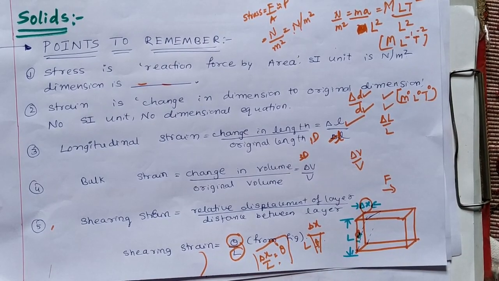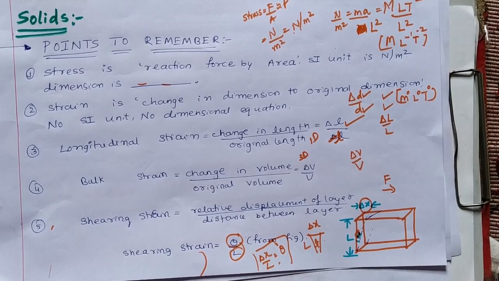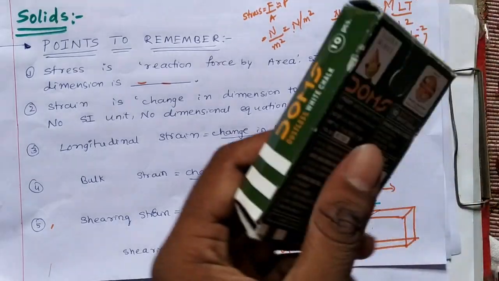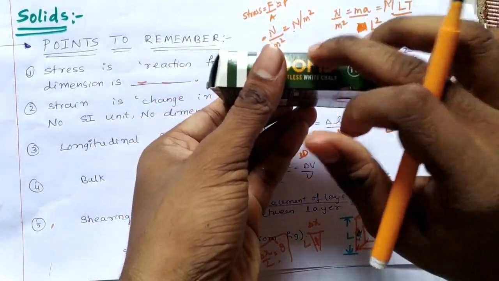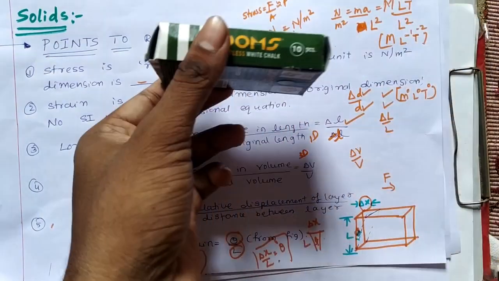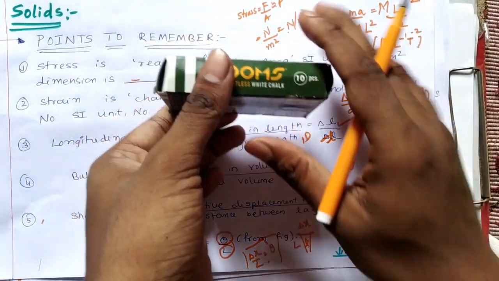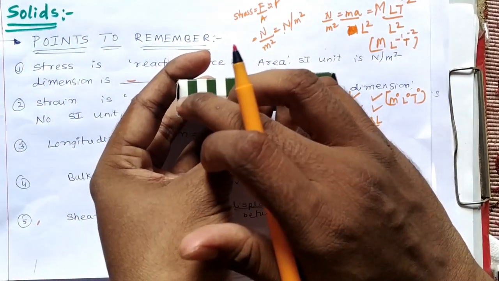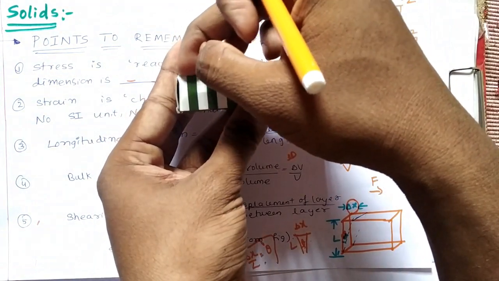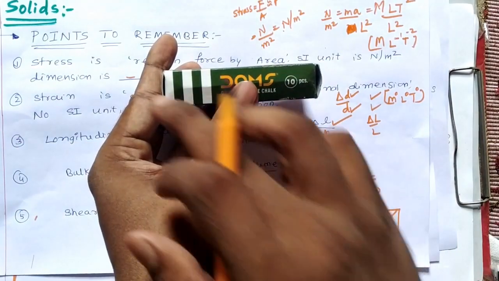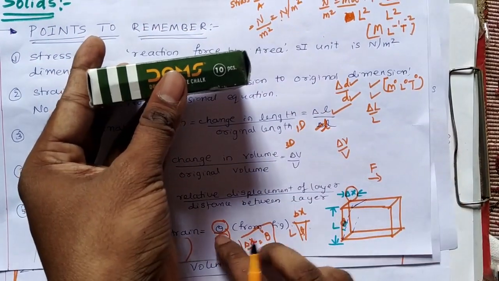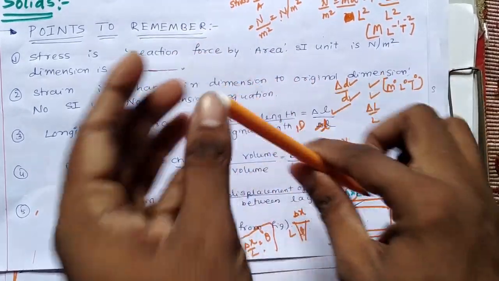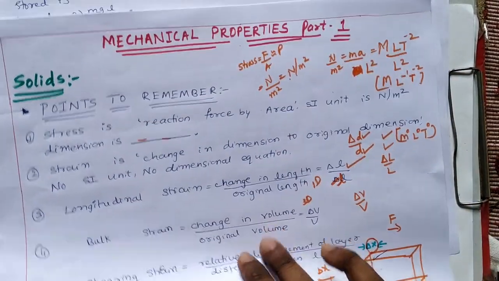To give a good idea, I have to consider a square box like this. Suppose the distance between the two surfaces, as I have given here, is L. If I apply force on the upper surface of the body, it makes angle theta here, and the horizontal distance it has moved is delta x. Then delta x by L gives the shearing strain. This same thing happens when something is rotated also. Okay, now we move on to the next topic.